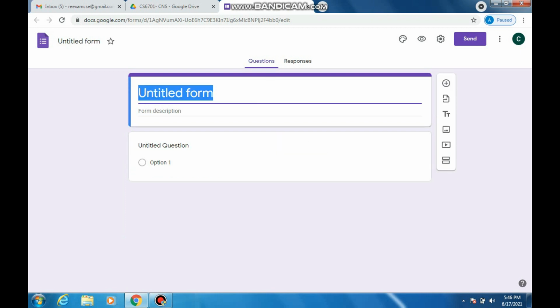So we have to give the title of this form. The title of this form can be question paper CS6701 CNS.